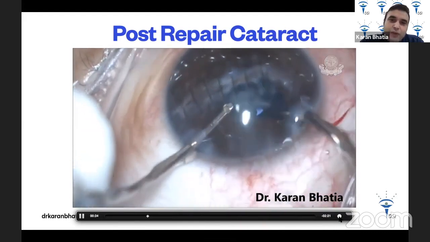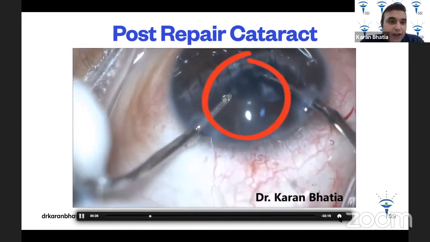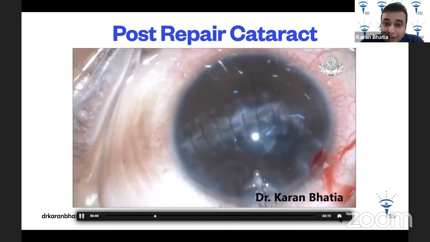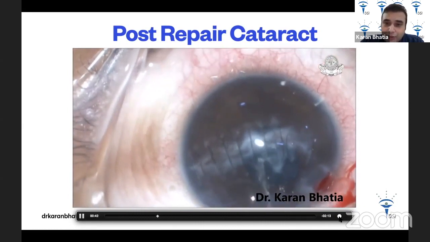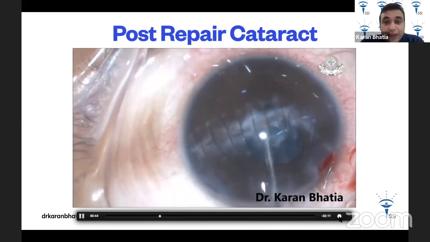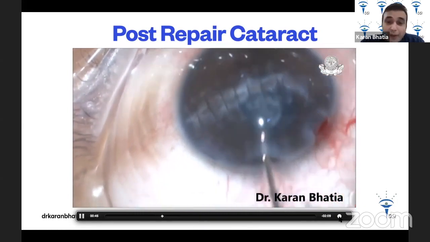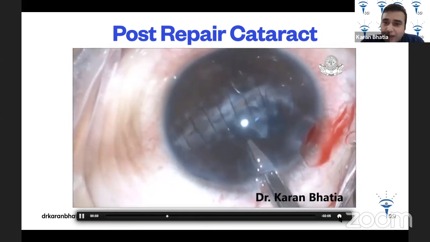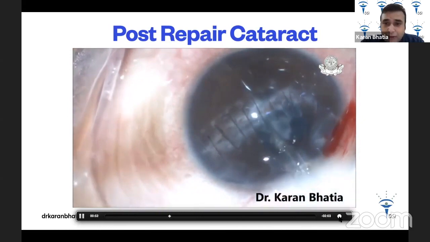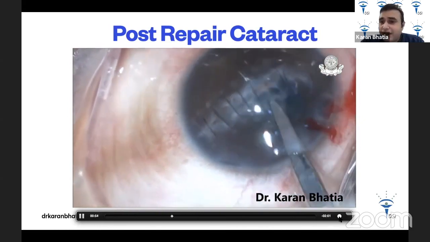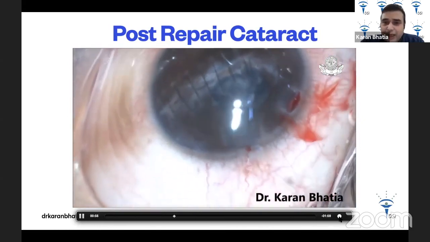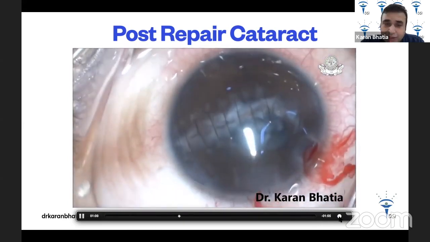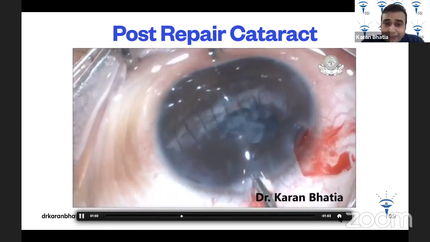So what I find over here is a plaque. Now it's very important to remove this plaque because this plaque is present in the visual axis. So some OVD is injected underneath this plaque to create a plane. After this is done, I use a Vannas scissor. You can also use micro scissors, and give a cut at this. And then after injecting more OVD again in the anterior chamber and behind this area as well, I go in with a Rhexis forceps.